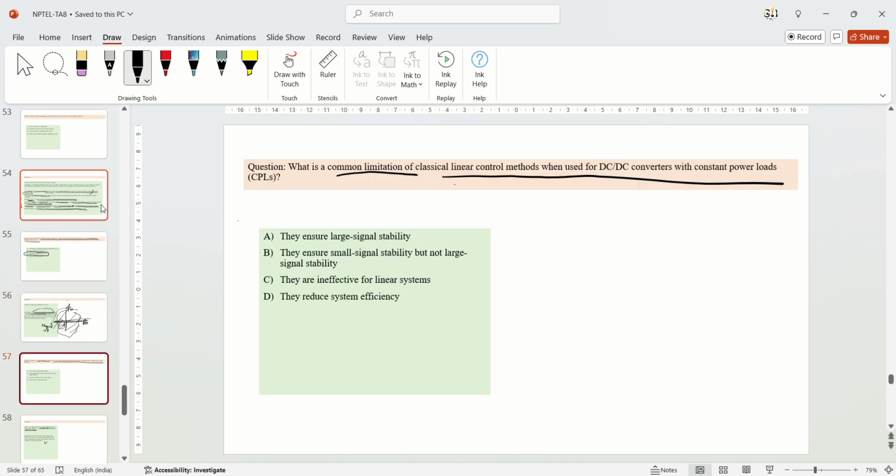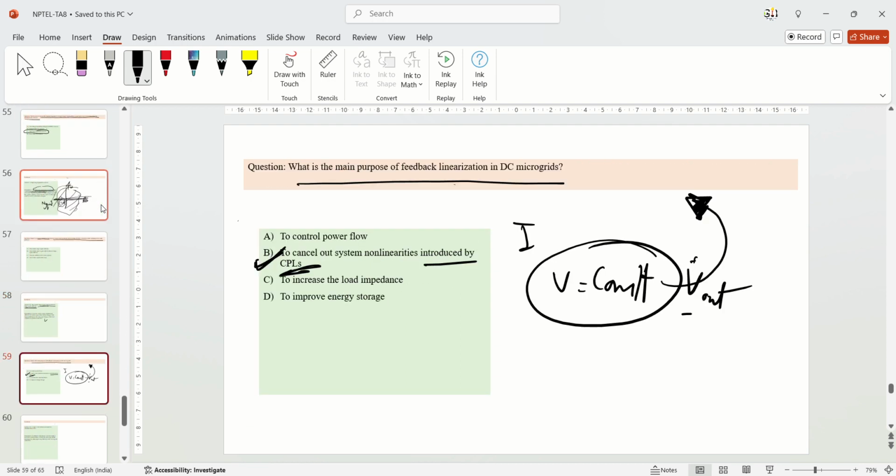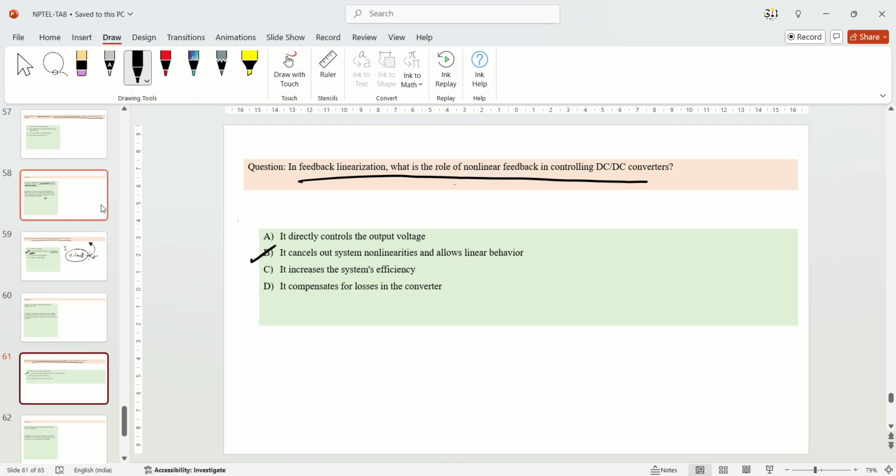Okay. And what are the common limitations of the classical linear control methods in DC-DC converters? Then we have also studied the main purpose of feedback linearization, because we have to linearize the system first for this study. Then feedback linearization, what is the cause or role of the nonlinear feedback